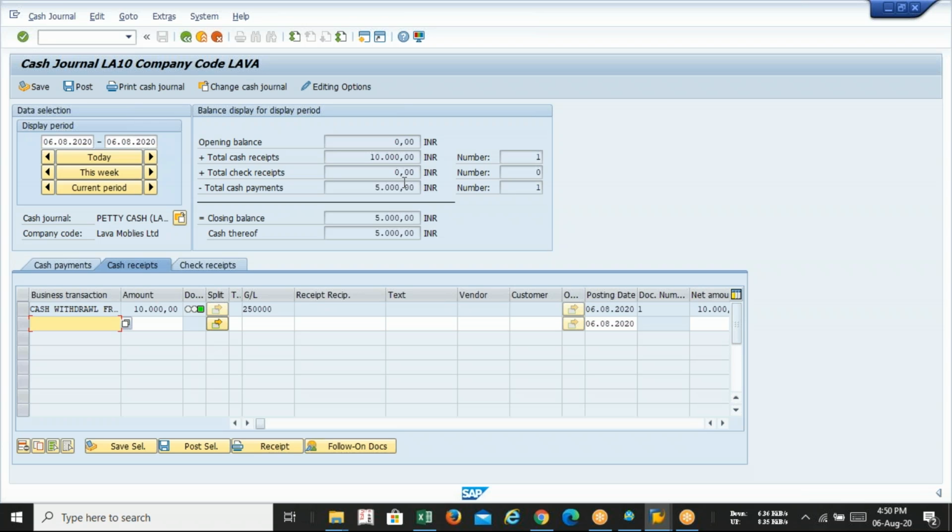And the balance will be automatically changed. If you click on yesterday, you can see that no balance is there. Yesterday, no cash transaction. By clicking on the rewind button and previous button, you can check your cash transactions on a daily basis. And this will never be deleted. It will be there.